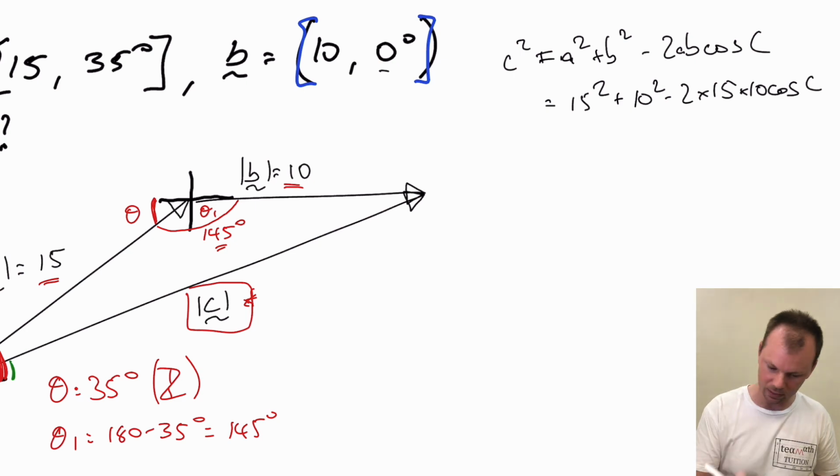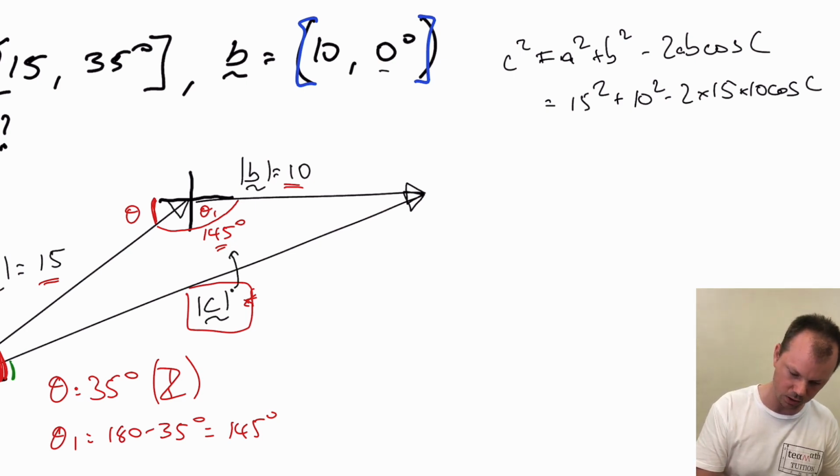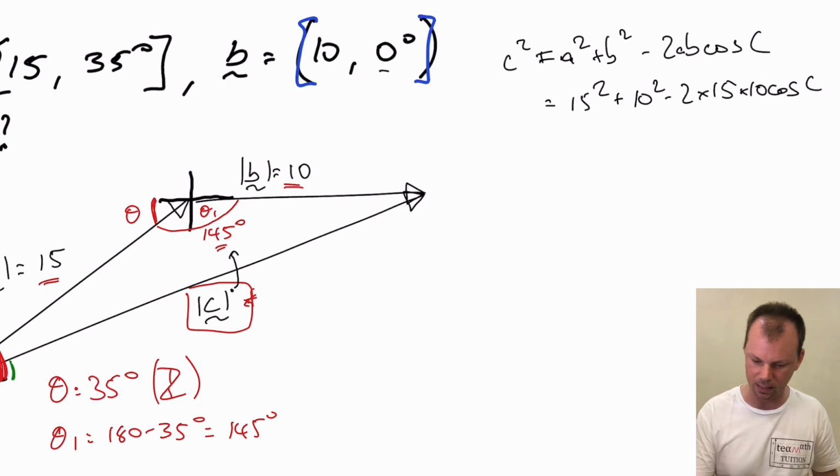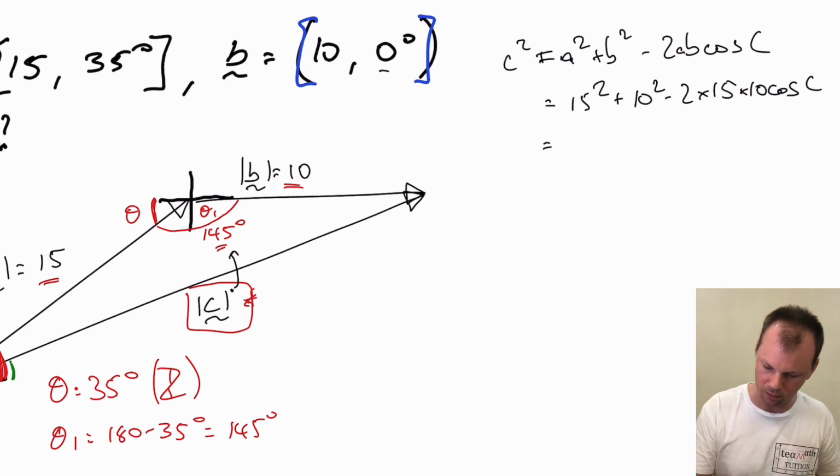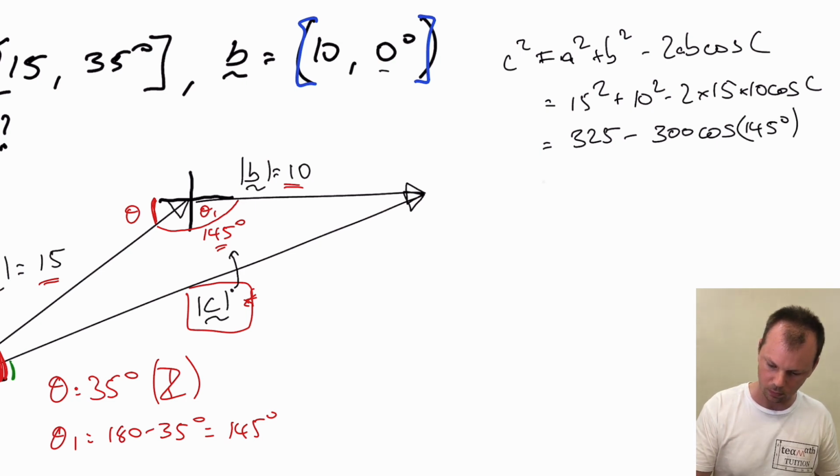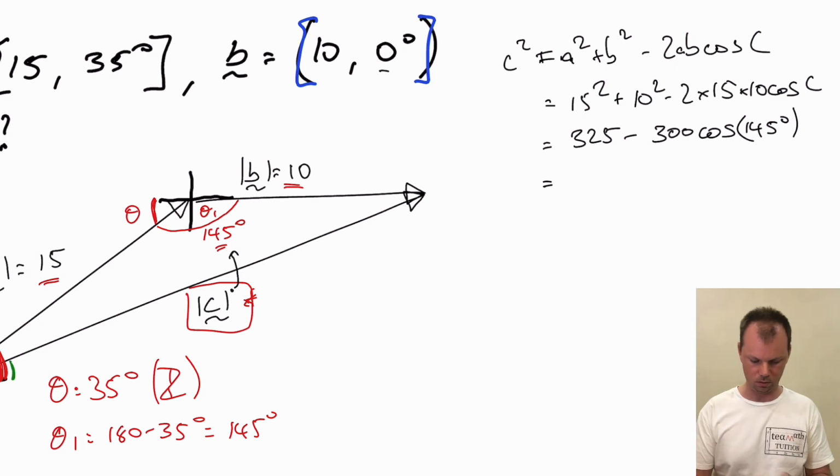Our angle C is directly across from our side length C. 225 plus 100 is 325, minus 300 cos C. Our C is 145 degrees. That equals